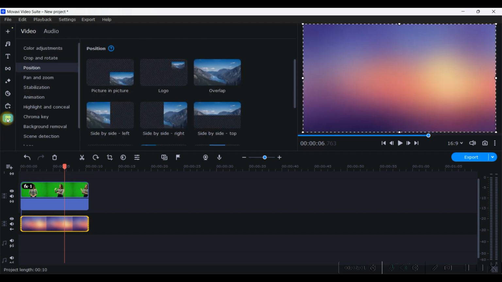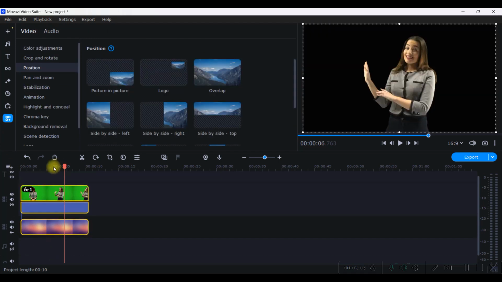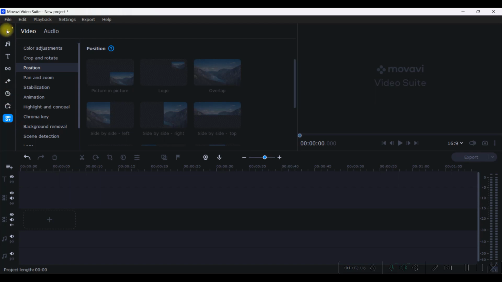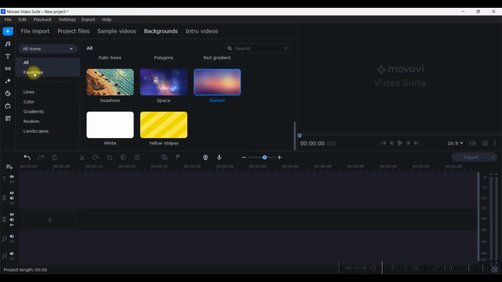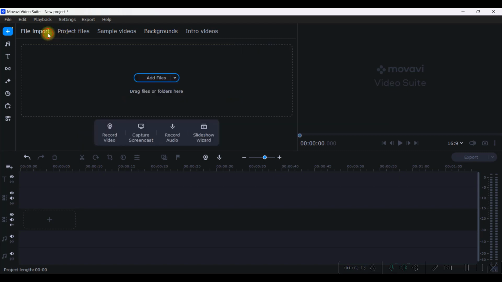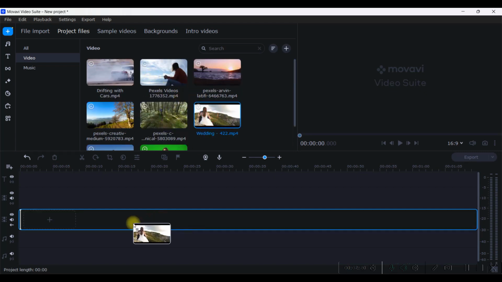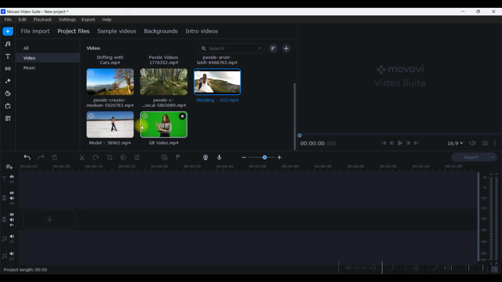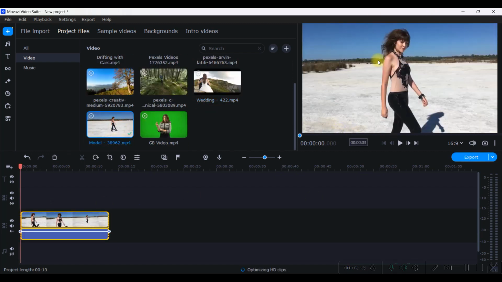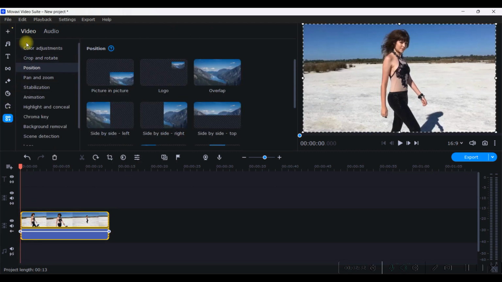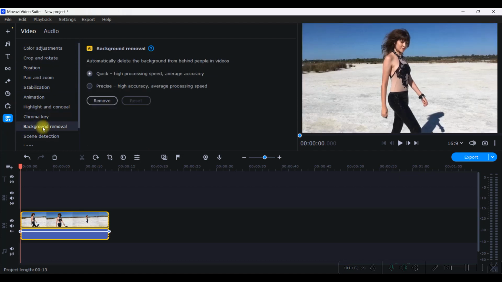Now there is a newest feature which has come. Let me just remove this. There's a newest feature which has come where by artificial intelligence Movavi can actually remove any background. So for that, let me just get one clip. Let's suppose I have this clip here, right? Or let me take this one. Okay, this clip is having multiple colors at the background. So I'll have to keep this clip here and go to all tools option. From here you go to background removal.